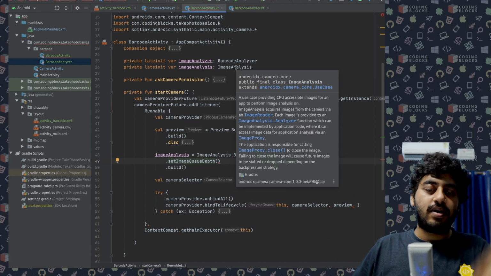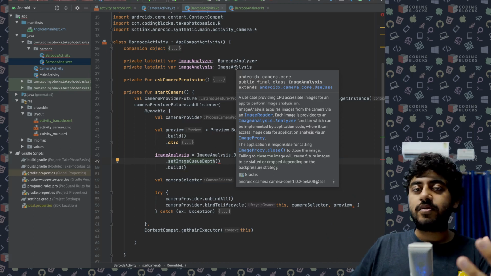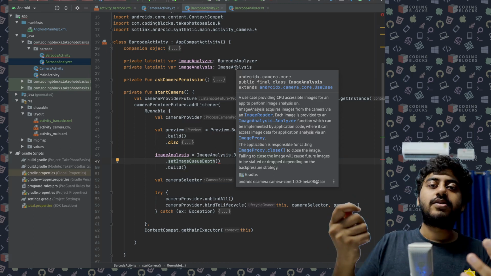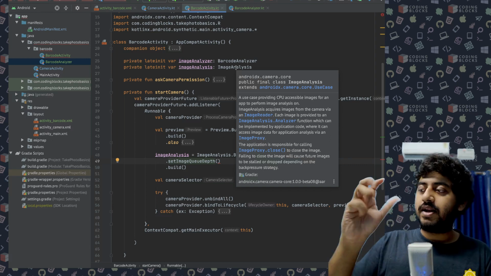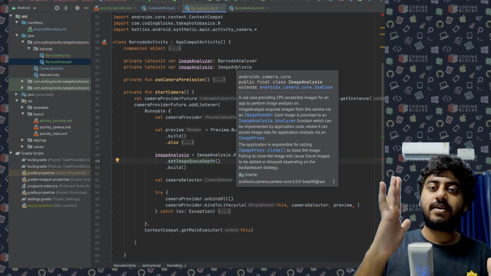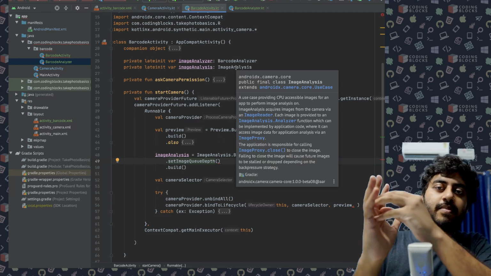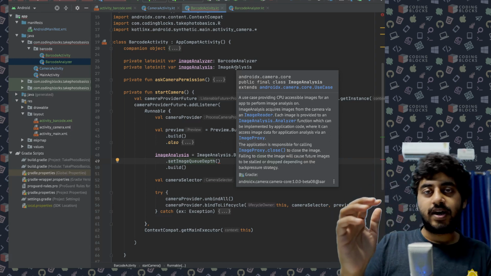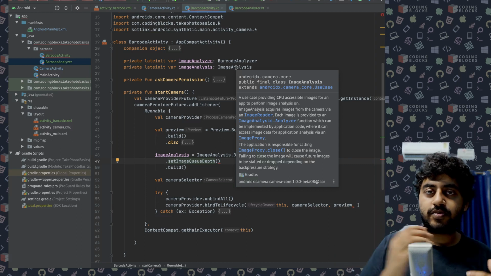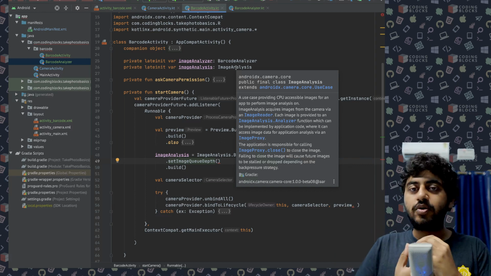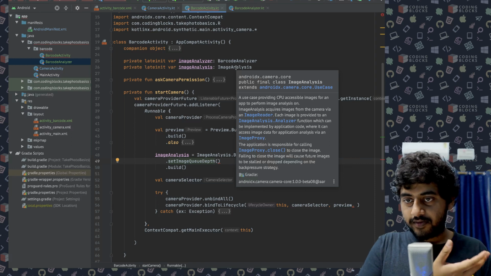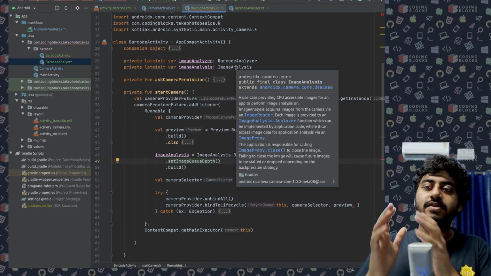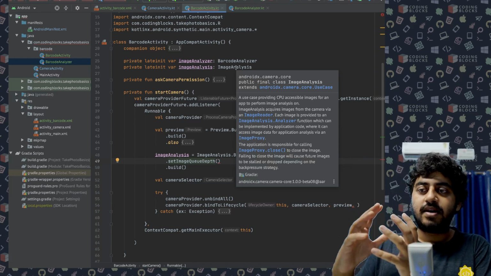The analyzer is not free, so it will dump that photo. Then it will take another photo. It's still busy, so it will take another photo, and that's how it will keep going till the analyzer becomes free. When the analyzer becomes free, the latest photo is passed on to it, and then again it keeps getting next photos and dumping those photos, because the speed at which photos are taken from the camera is faster than the speed at which the barcode analyzer is able to run.